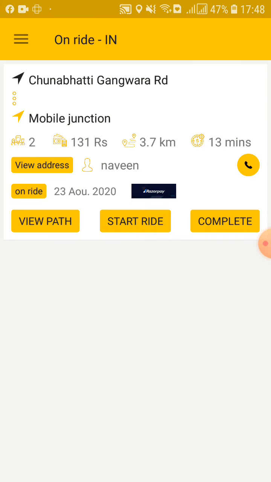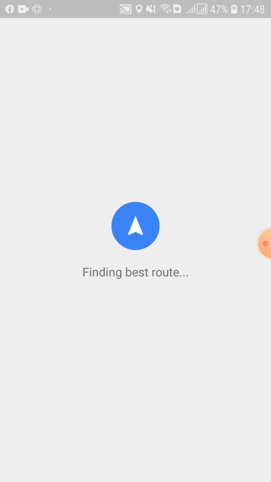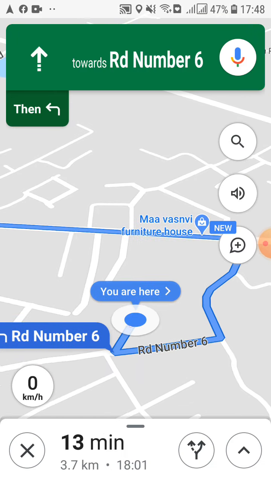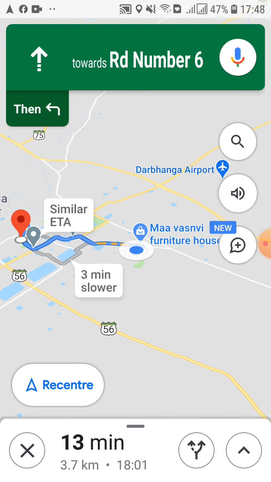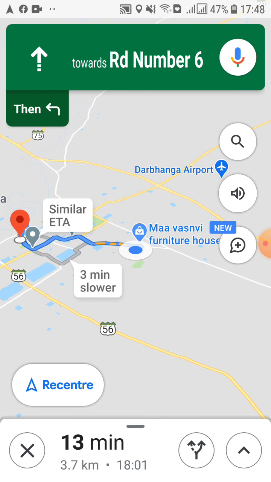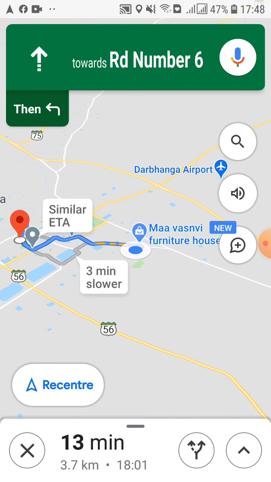And what happened here, it's showing three tabs: view path, start, complete. But I want to show you how the map will detect your destination. So just click on Start Ride, and now your Google Map will be redirected to your destination path. It says head south toward road number 6, then turn left onto road number 6. It shows you a really cool thing, how you want to go to your destination. You can see here how Google Maps will direct you on how to get there.